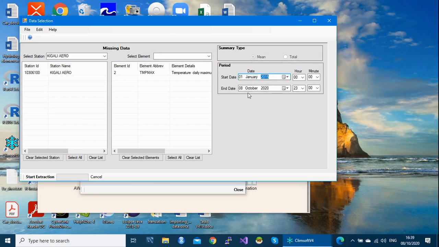Let's consider only 1 year, December 2015. So here I'm going to check the missing values at this station for this parameter in the year 2015. By clicking on the start extraction,